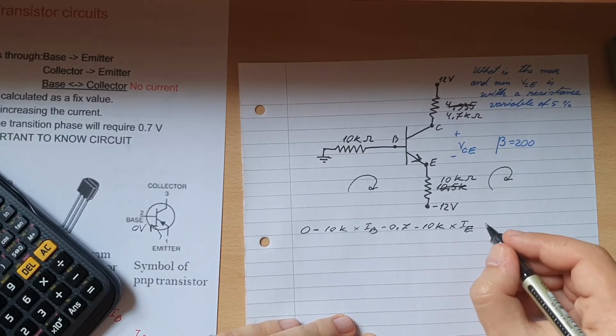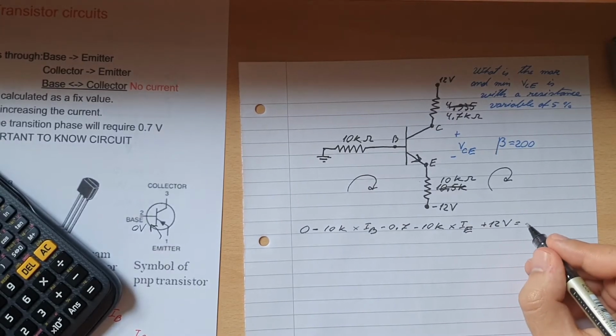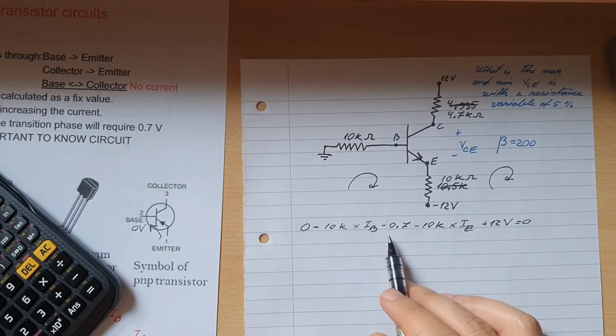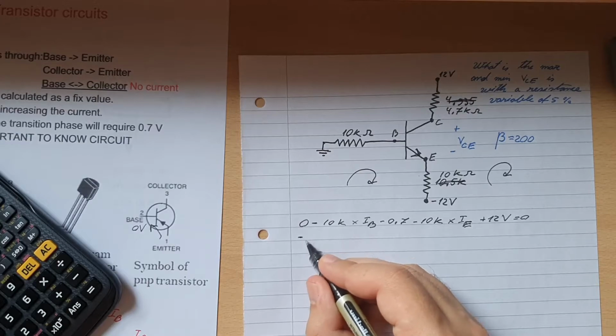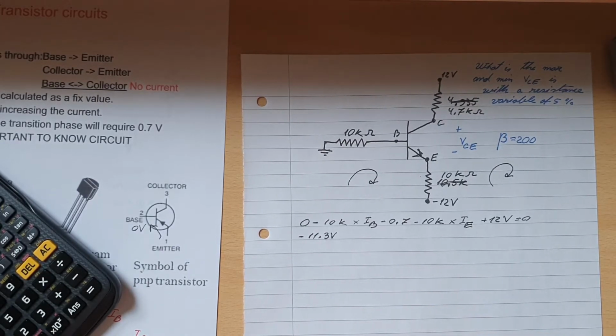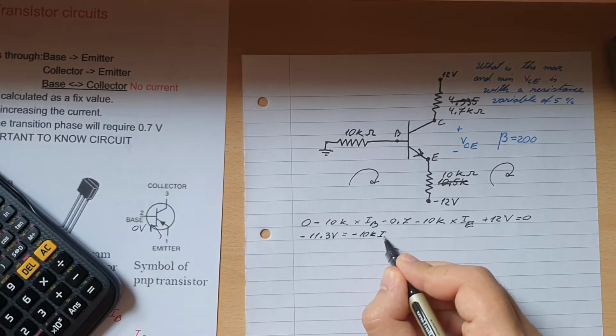Minus and minus, that'll give us a plus 12 volt. Okay, and all of it will be equal to 0. Now we just need to calculate. So minus 0.7 move to that side and that side, so that will give us minus 11.3 volts. That was simple enough, and that will be equal to minus 10k IB